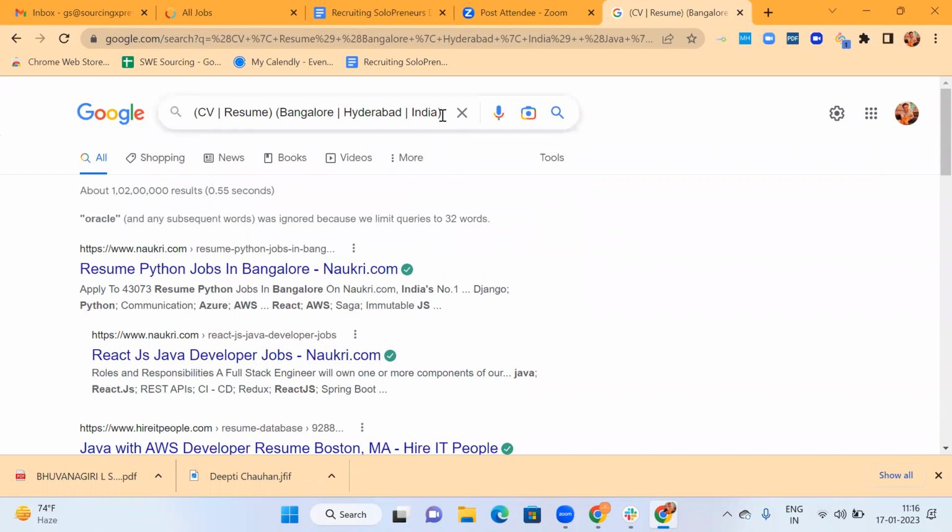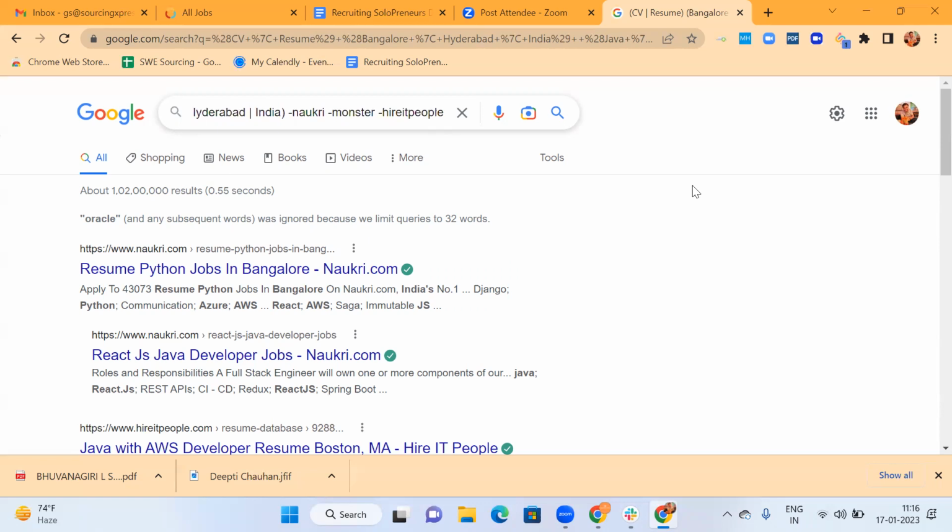But when using NOT in Google, we simply put a minus before the keyword we want to exclude. Naukri I want to exclude, minus Monster, minus Hire IT People. So let's say three keywords.